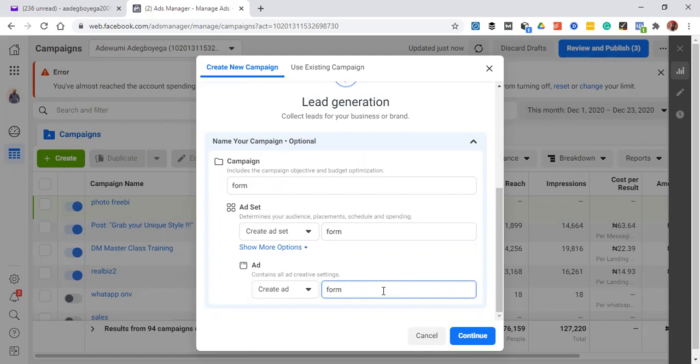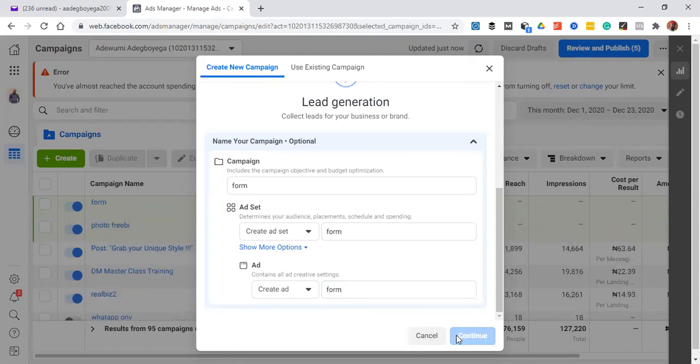When people see this, I can easily exchange my free book with their data. That's what I'm trying to do here. So I'm exchanging my free ebook with their data. They will submit their emails to me, so whenever I have a product to sell, I can sell it using email marketing. Email marketing is cheaper compared to Facebook marketing. Do you understand that? So I just want you to use Facebook to draw traffic, then my remarketing will start from email marketing. Hope you understood that. So let me continue.